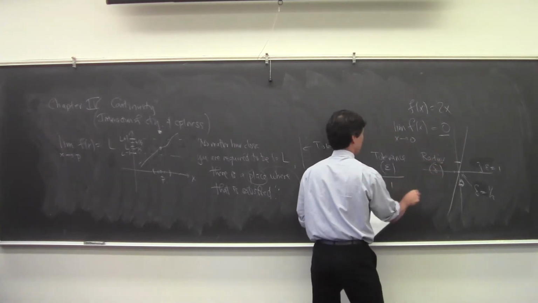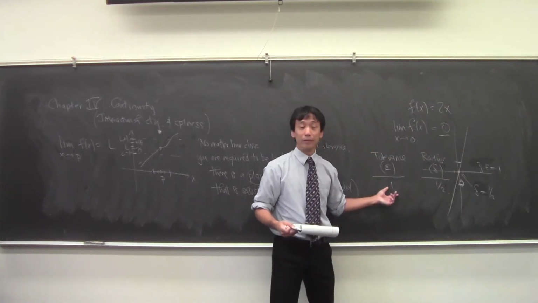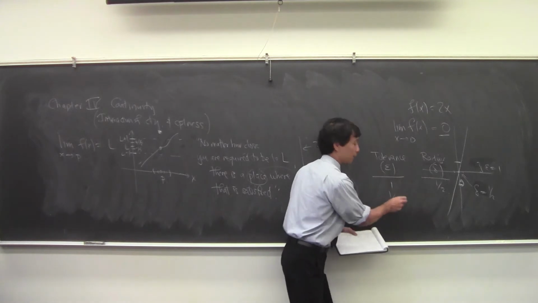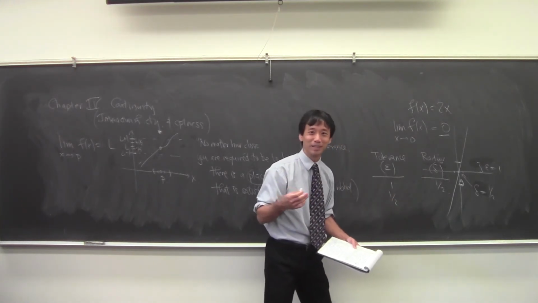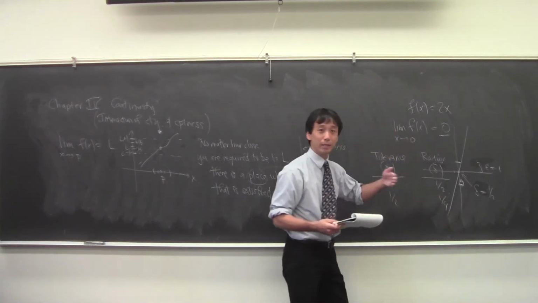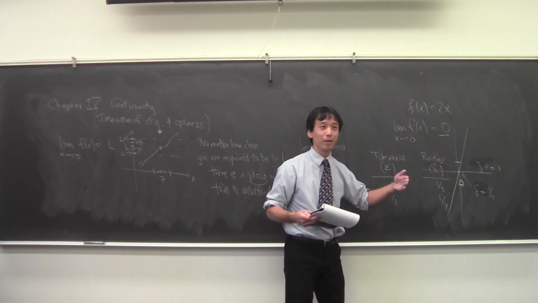Tolerance and radius. So a tolerance of 1 gives a radius of 1/2, right? And if I say, I'd like you to stay within 1/2 of 0, well, what's the radius going to be? Negative 1/4 and 1/4. Right, so the radius is going to be 1/4, because you need to stay between -1/4 and +1/4. Okay? Everybody okay?